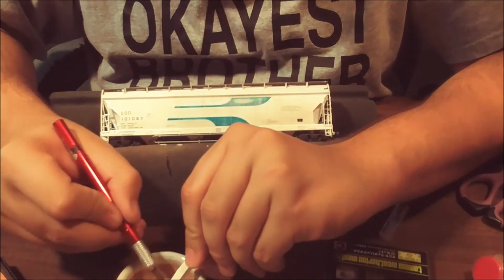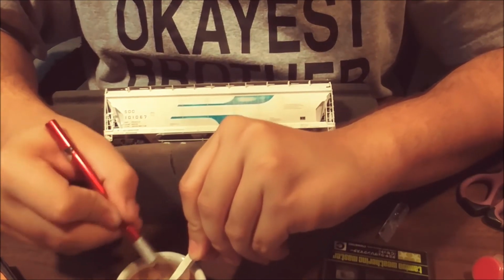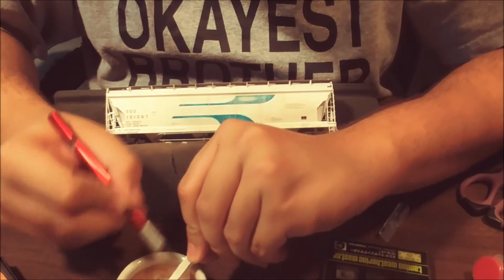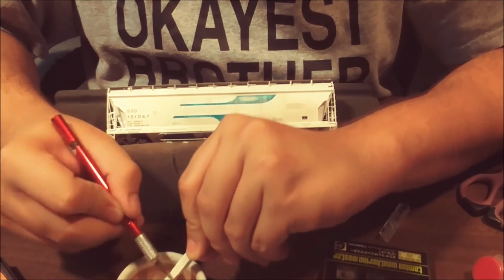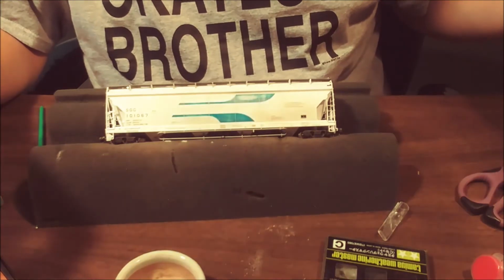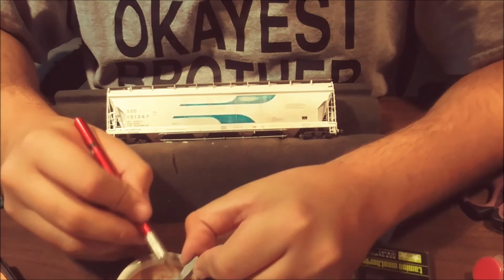We will put a little bit of the gray color in here as well, but we're mostly focused on getting those blue stripes faded down in a nice even manner, and then we'll go back with another layer of the grime. There's a little bit on there. Might be a little hard to tell with the lighting down here. I've done the best I can with that aspect,